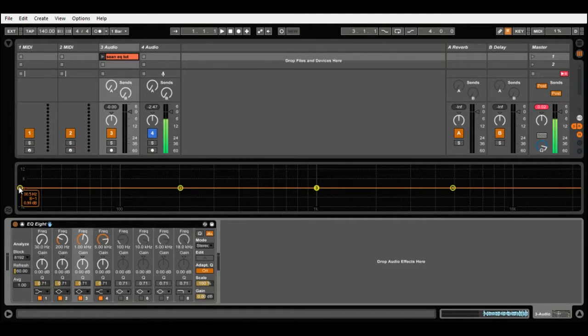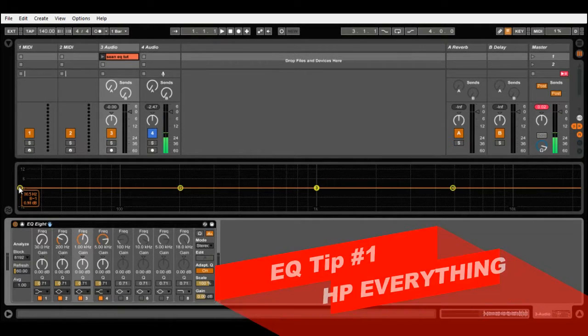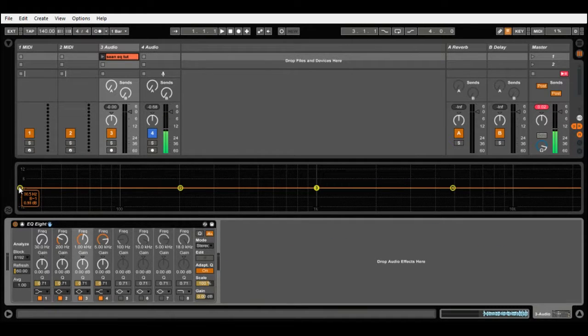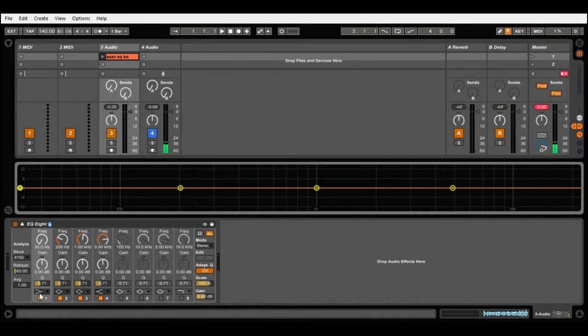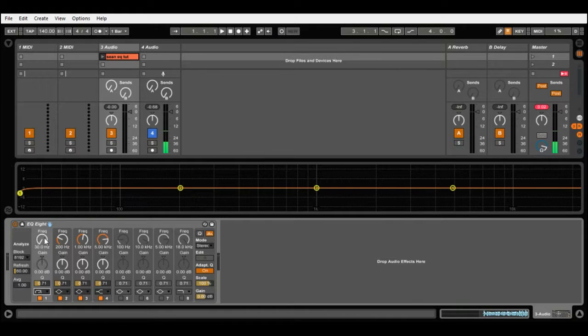So my first big secret, well, it's not very a big secret. You're probably going to know this one right off the bat, is on vocal chains, we're going to roll off, high pass just about everything. High pass everything. Now, we're not going to be high passing information that is going to be useful in the lows, such as bass guitars, kick drums. Some of those can use more of a gentle curve, not so much a steep minus 24 dB at 100 hertz. But for this example, we're going to go ahead and start with a high pass filter like this, and we're going to do the minus 24 notch